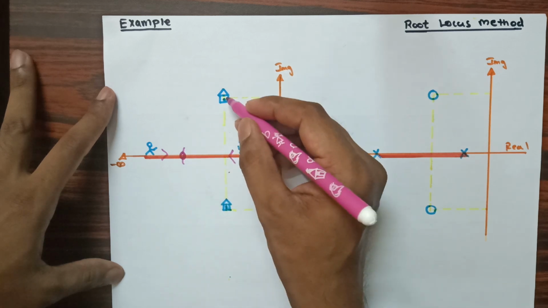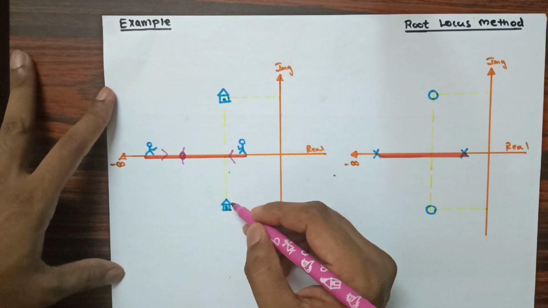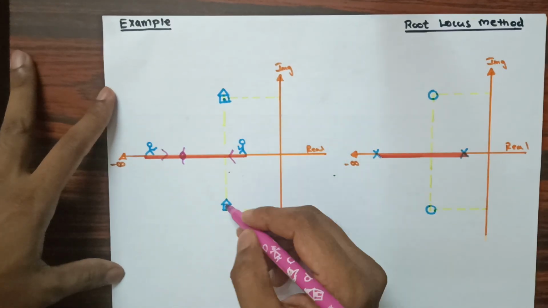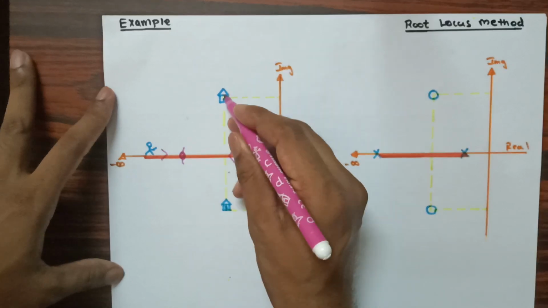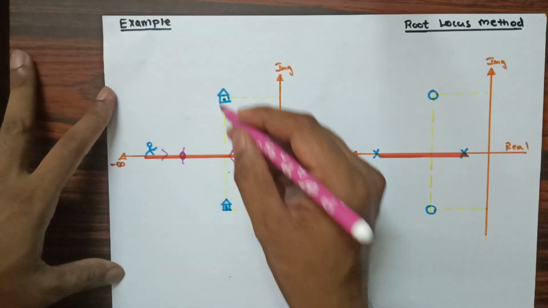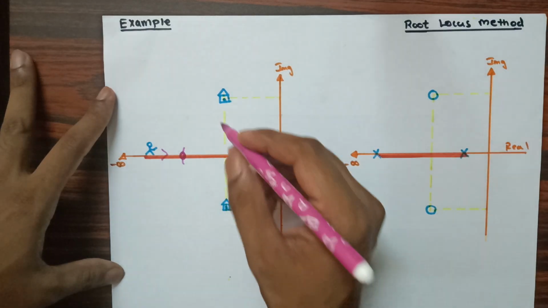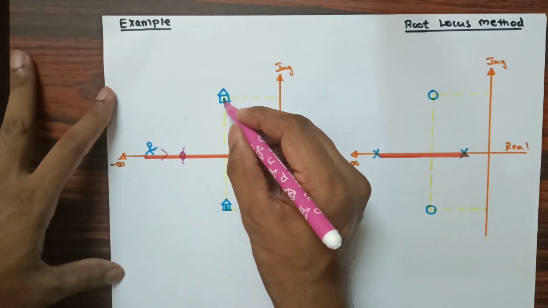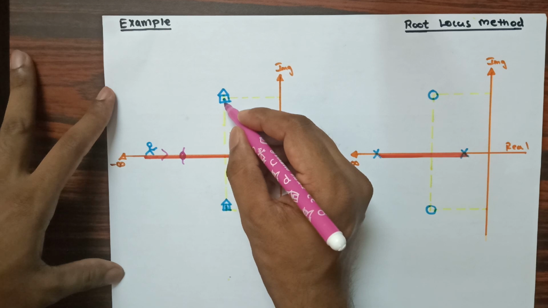Now they need to approach this destination. These two persons need to end at this destination, but they can't end directly at this hut because they are on the y axis. For that they need to follow an angle, that is the angle of arrival. So this hut will be providing a certain angle.